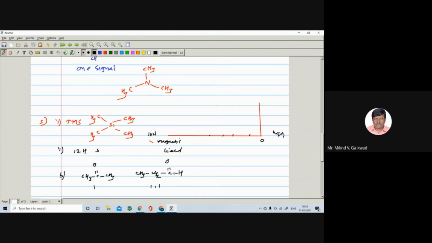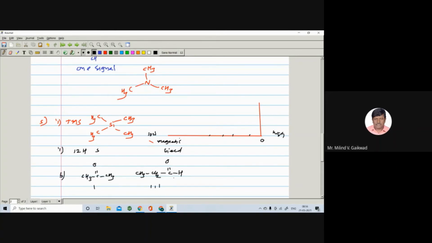Why are they asking this? You just have to tell the same thing: in acetone all the six hydrogens are equivalent. So due to six hydrogens you get one signal, but in the case of propanol you have three sets of protons. So due to three you get one signal, due to two you get one signal, and due to one you get one signal. That's why they appear in this way.